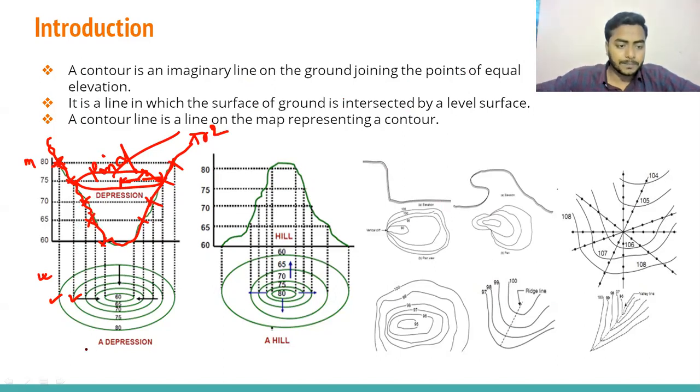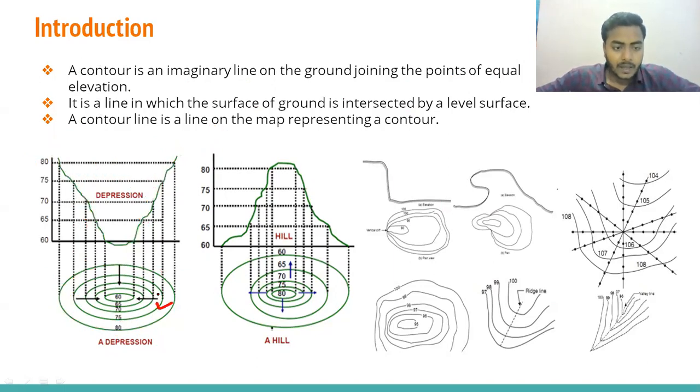So we can write the elevation of each point on a map or plan. So we have drawn this line, and the elevation is showing here 80. It means this is a contour line. So every point on this line is representing the equal elevation, that is, the 80 meter elevation. Similarly, every point on this circular line you can see in the figure is representing the 75 meter elevation.